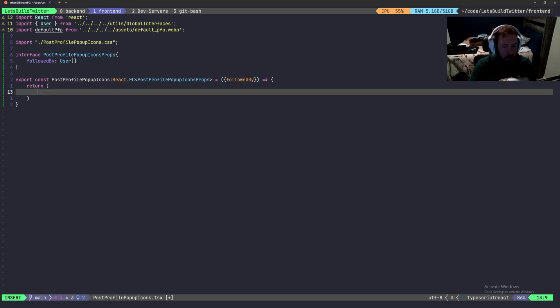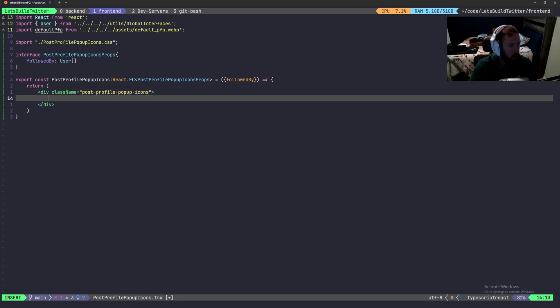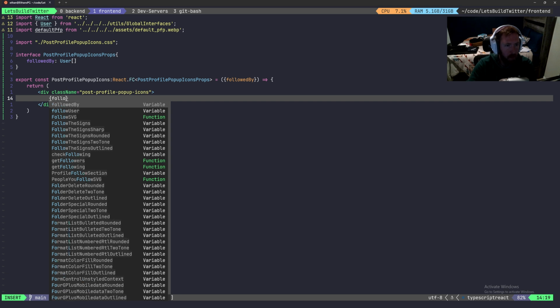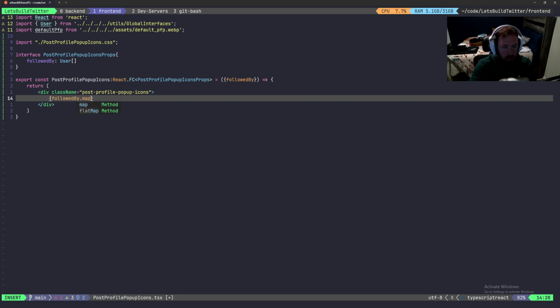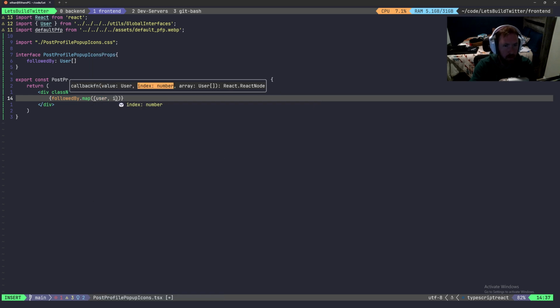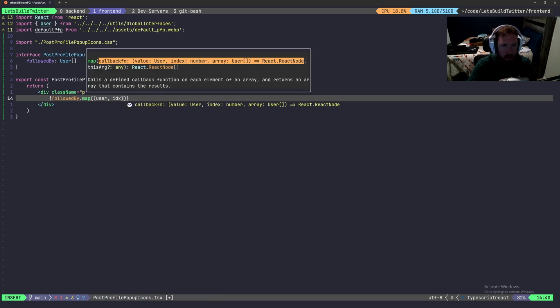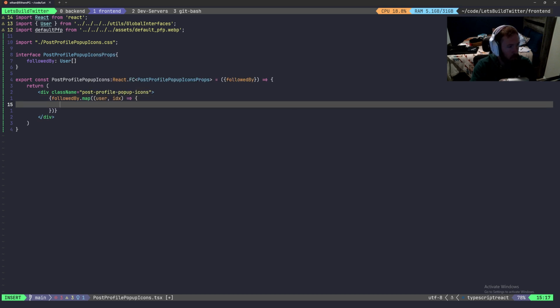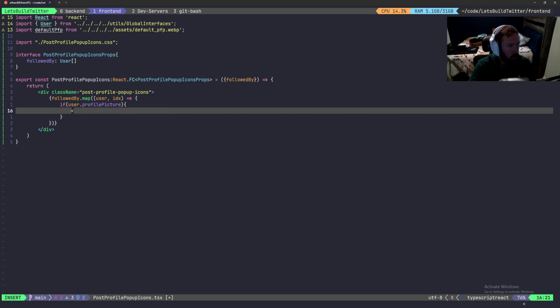Let's go ahead and return our div, class name equal to post profile pop-up icons. And inside, we're just going to have a map, so followed by dot map. And we're going to have our user, and we're also going to keep track of the index because of the way that we're going to stack these. It'll make sense in a second. And then here we're going to say if our user dot profile, and I probably could have done this a little bit better. But if they have a profile picture, what we're going to go ahead and do is going to return